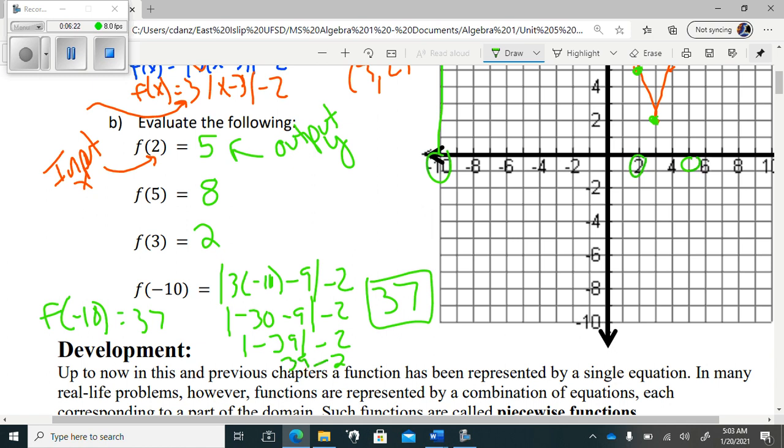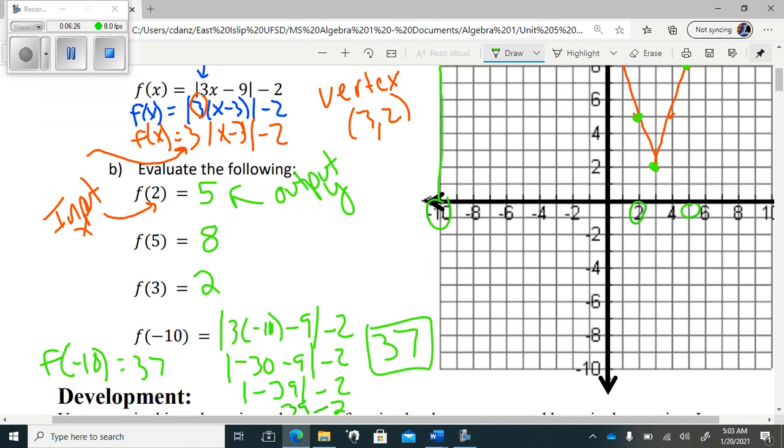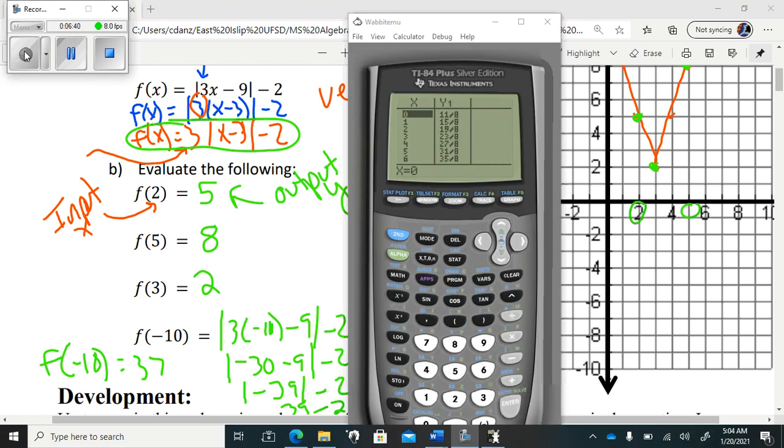Now, I substituted the -10 into the original equation. I could have substituted it into my vertex form also, and I would have gotten the same answer. You could also just use your graphing calculator to do all of this. And there's really a few ways you could use your graphing calculator. You could enter the original function into your y equals,